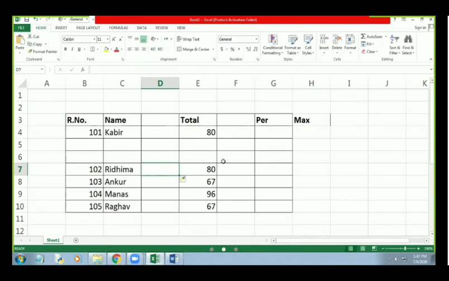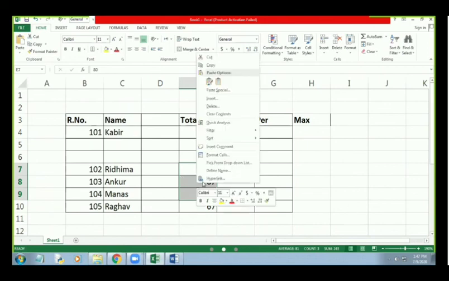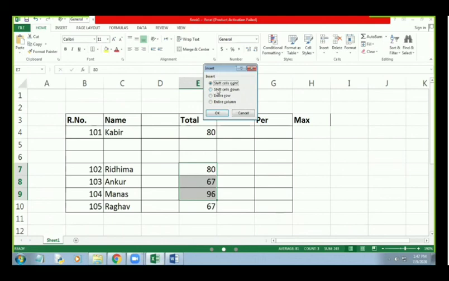If you have to insert blank cells, select the range of cells where you want to insert the blank cells. Then right-click on the range of cells, and select the Insert button in the Cells group, or click Insert, Shift Cells Right.